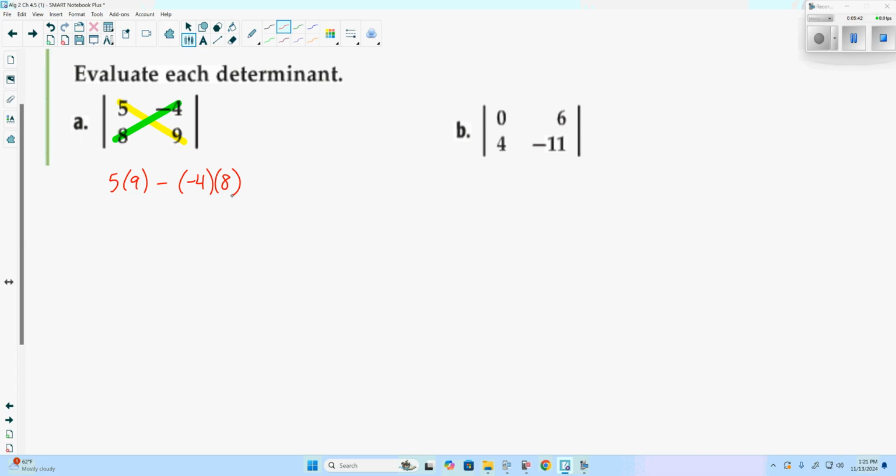Well, 5 times 9 is 45. Now, we can do negative 4 times 8, which is going to be negative 32. Negative negative makes a positive, giving us